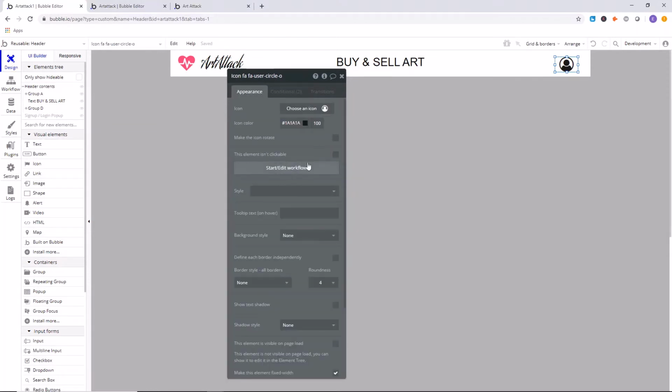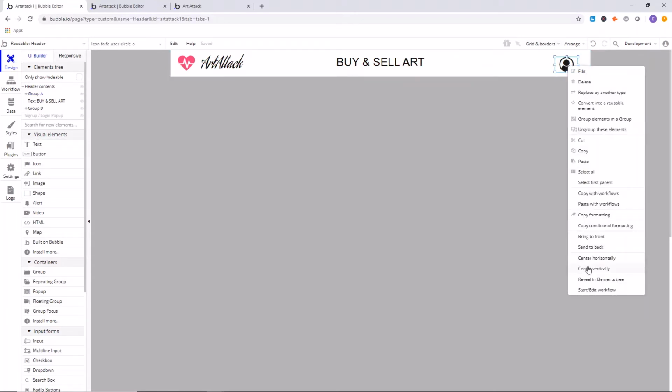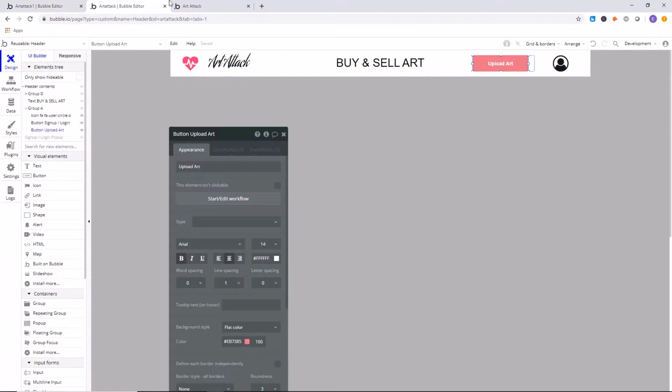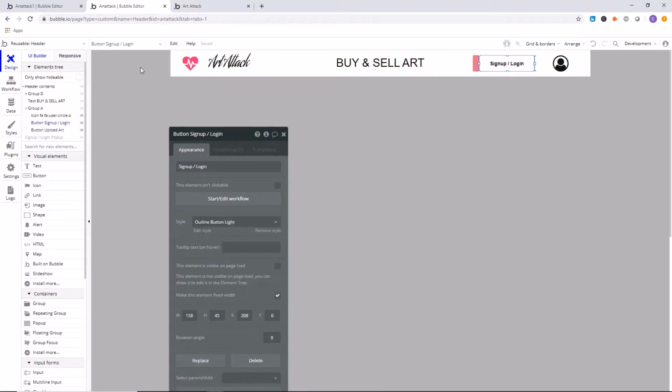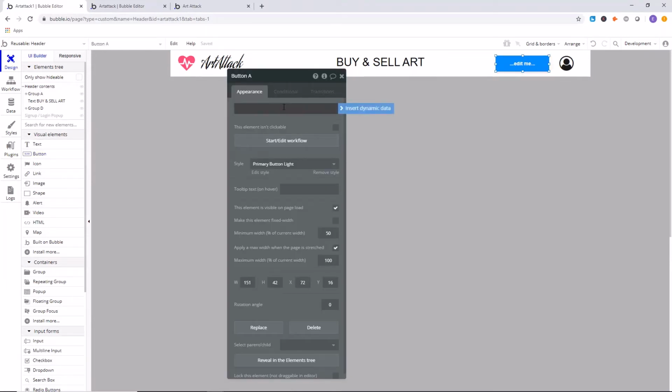All right, next thing we're going to do is we're going to leave that alone. The spacing's. Let's actually increase that width. Center that vertically so it's nice and centered. Next thing, we have this button, sign up, just log in. So we're going to also create one of those. So click on button, drag this out onto the page, double click,